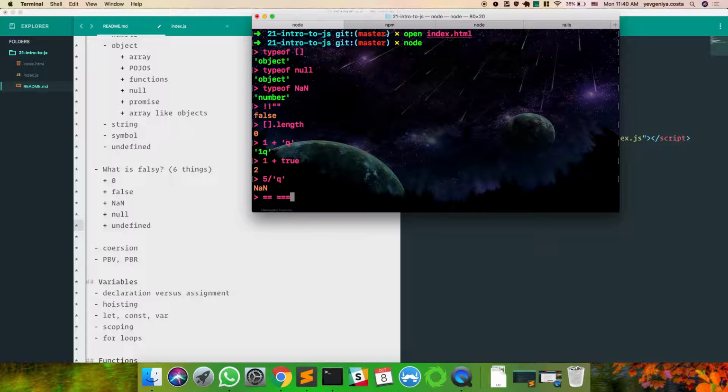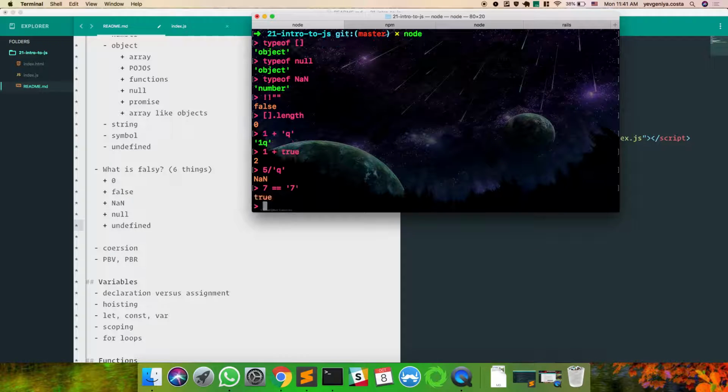If you have 7 and a string of 7, you would say it's the same. All right, let's try it. So you have 7 double equal to a string of 7. What is it going to return? Very nice. So it basically checks, are these two things equal if I try to coerce something into a similar type?